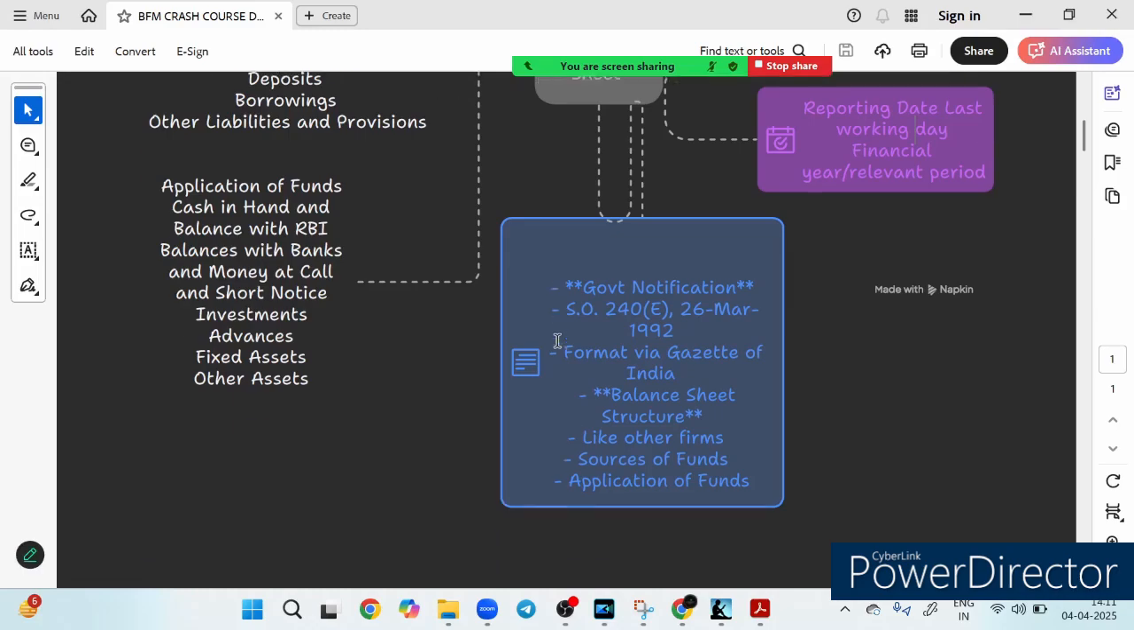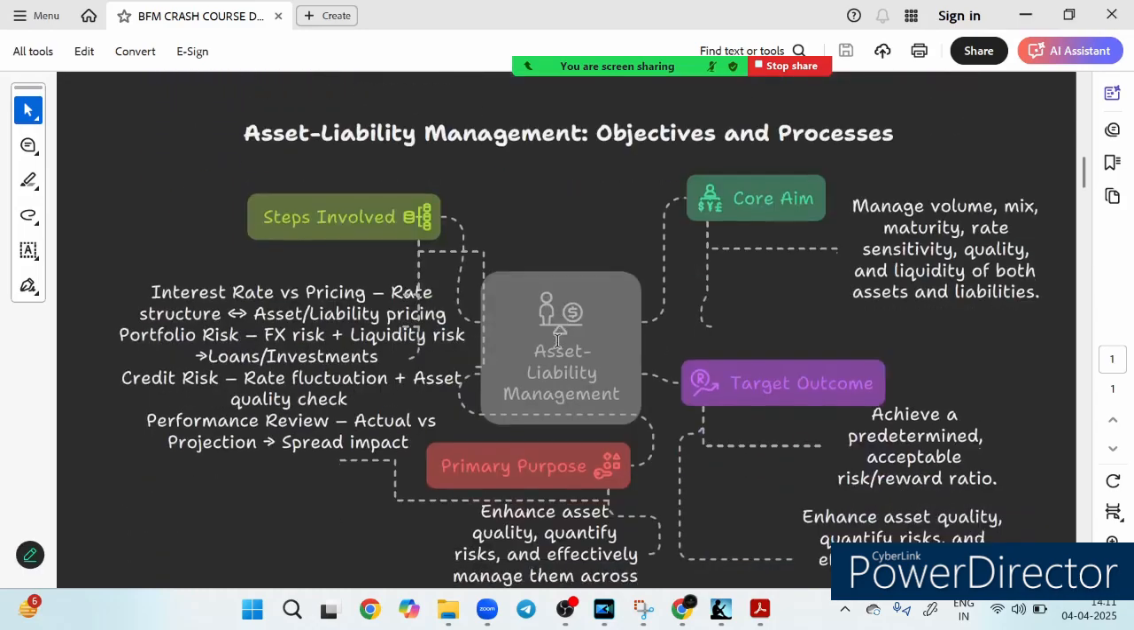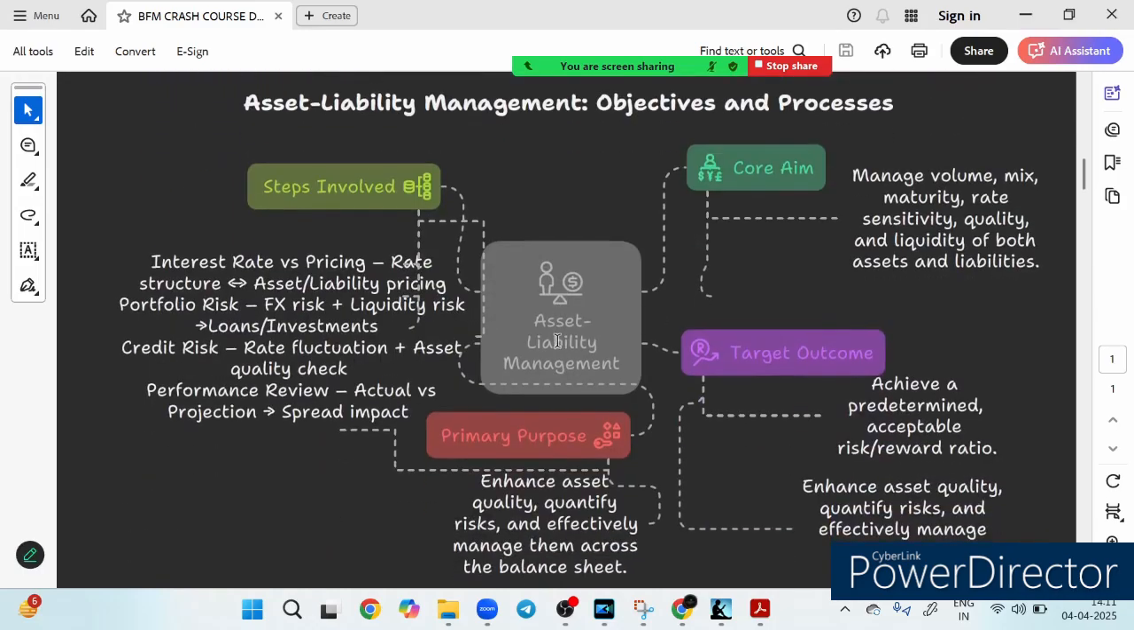In the next section, we will deep dive into it. Friends, now let's look at the asset liability management objective and process. In this particular slide, you can see every aspect of ALM, and this will help you in the final revision